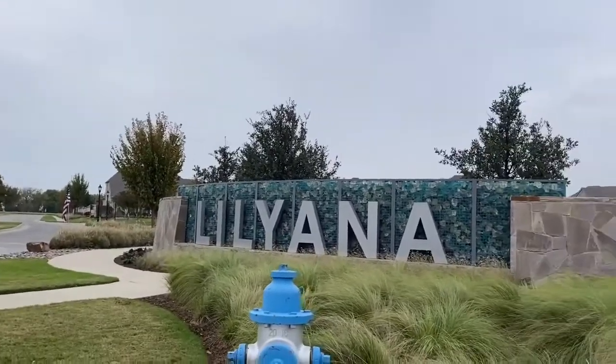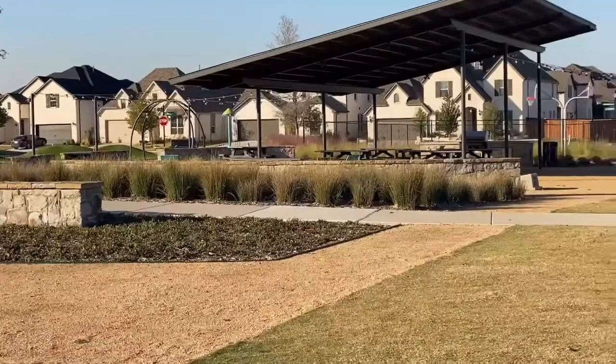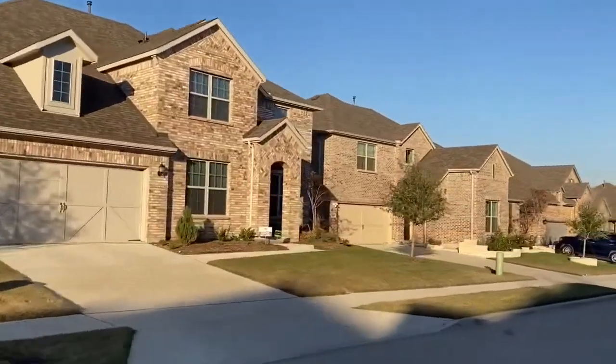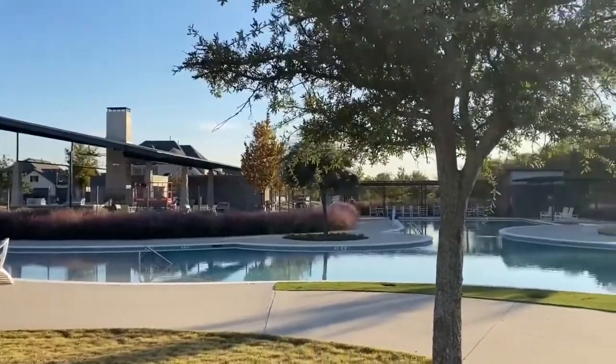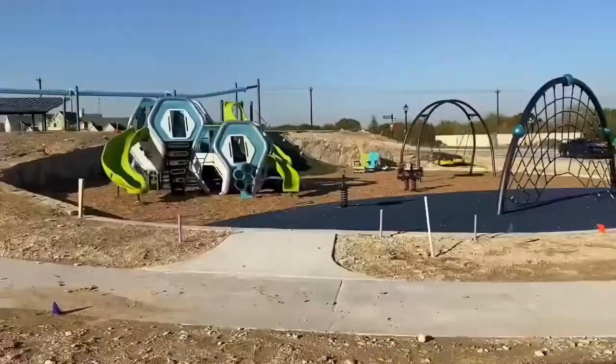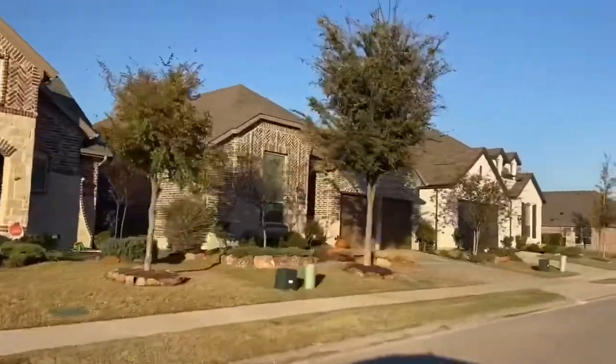If you are considering a move to Celina, Texas, or thinking about buying a new construction home in Celina, Texas, you should definitely check out Lilyana and hurry because these homes are going fast. Lilyana is one of the newest master planned communities in Celina, Texas, and with their impressive collection of beautiful new homes, prime location, excellent schools, and numerous parks and amenities, I am not surprised it is one of the most